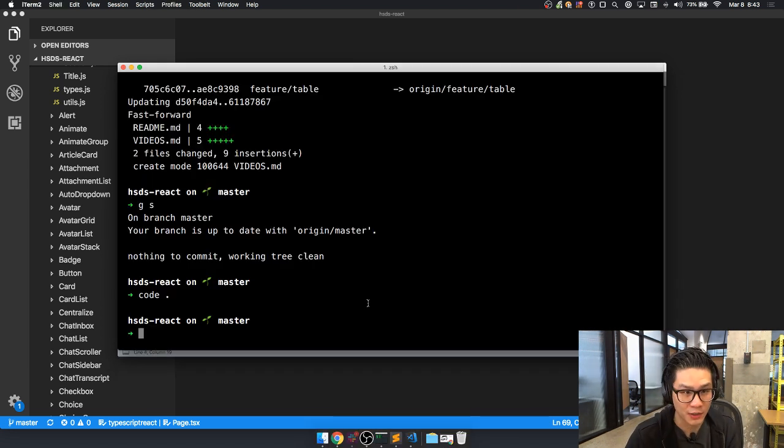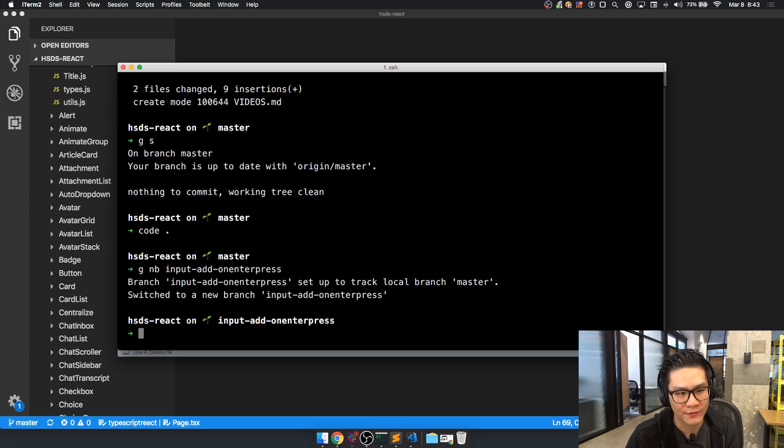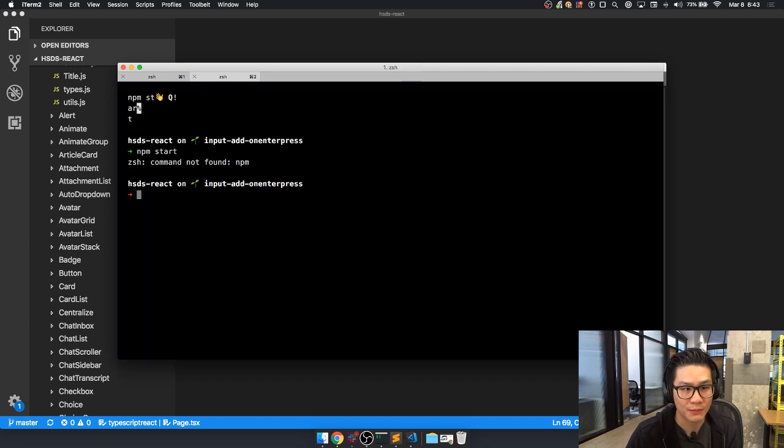First thing, we're gonna create a new branch on HSDS React. I'm just gonna call it new branch input add onEnterPress. We don't really have a convention for how we name these branches. I think it's fine. It doesn't really matter. Not a big deal. So now I'm going to start the